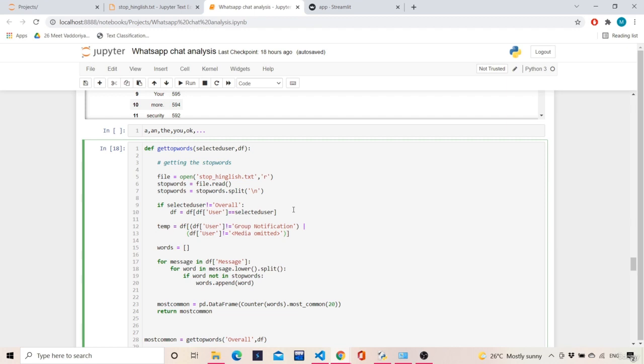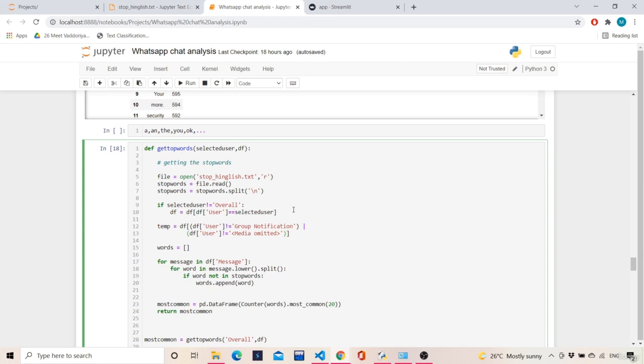For example, Chinmay shared that, hey, today is Monday and you will be having some kind of labs today, so please do attend the classes. This is the message which Chinmay wants to convey, and in this there are some stop words, so we have to get rid of those stop words like 'and', 'the', and 'all', and then we will collect only the most important words. What are the most important words? Classes, attend, everyone. So these are the important words which we want. Okay, so that is the main purpose of this function.